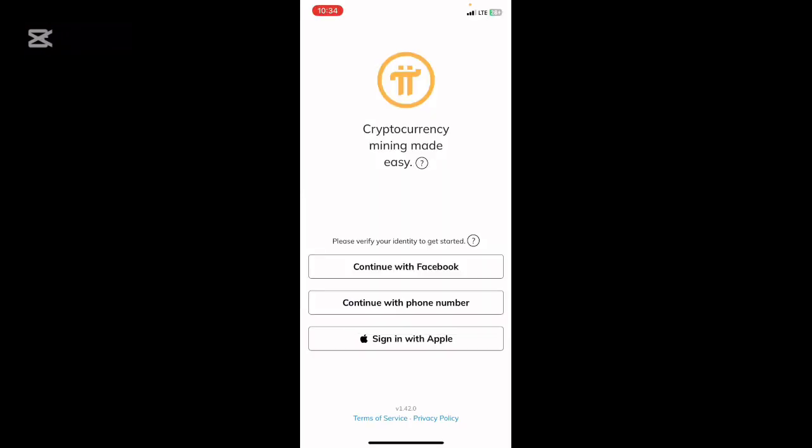So guys, when you have already installed your Pi Network, I want to start from Pi Network. How to log in to Pi Network and register. I will show you how to register in Pi Network. So if you already installed your Pi Network,